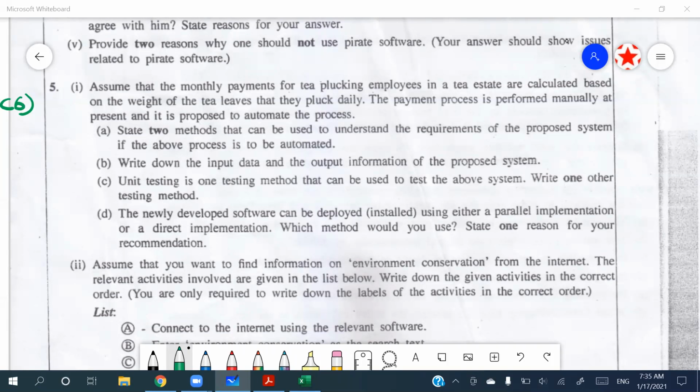So we are in the 5th question now. Just carry on, then you can refer to the video, right? Right. So